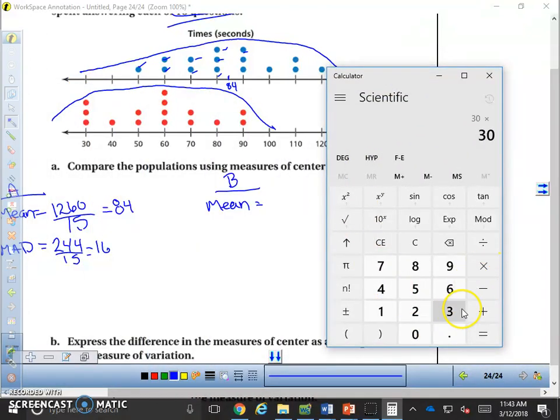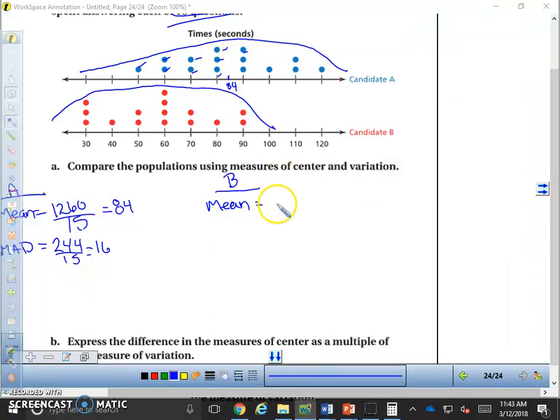30 times 3, plus 40, plus 50, plus 50, plus 1, 2, 3, 4 60s, which is 240, plus 140, 2 70s, plus 80, plus 2 90s, which is 180, equals 870. So